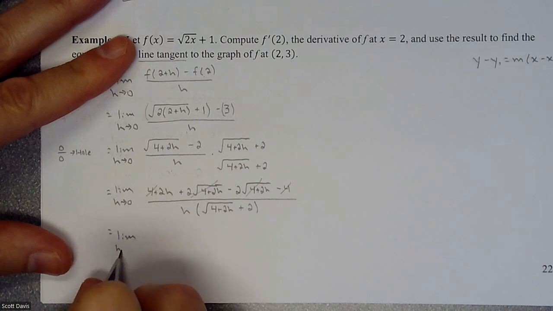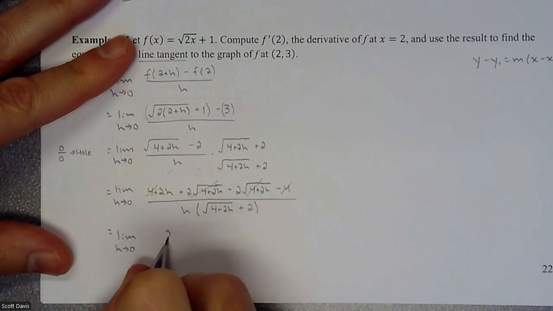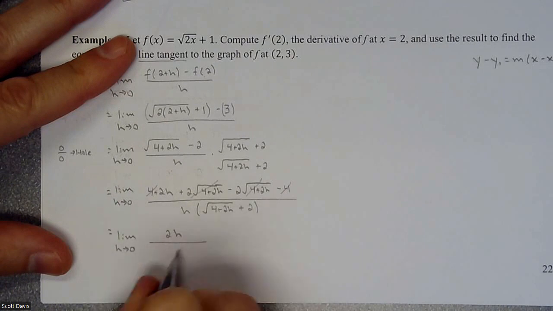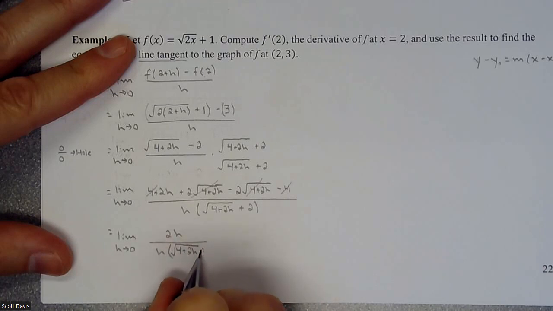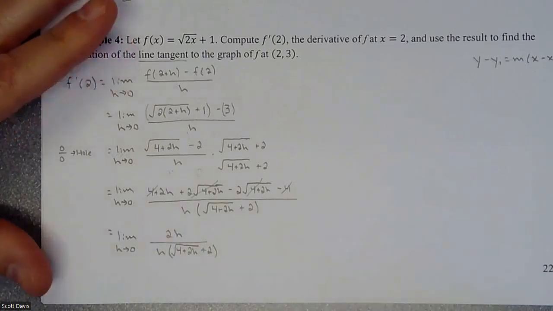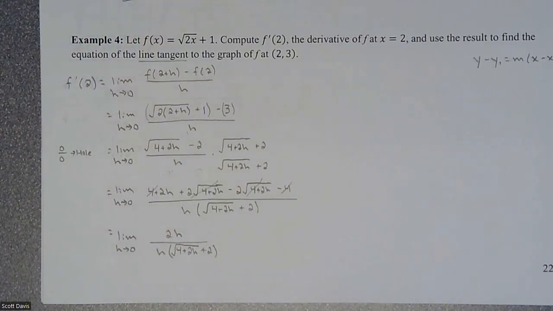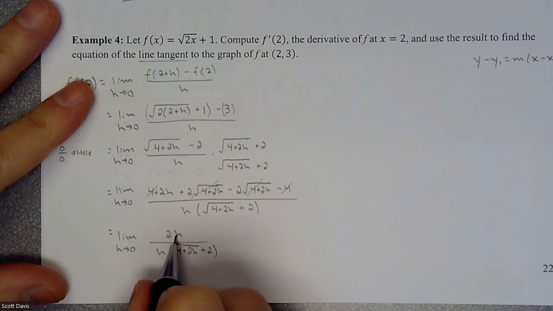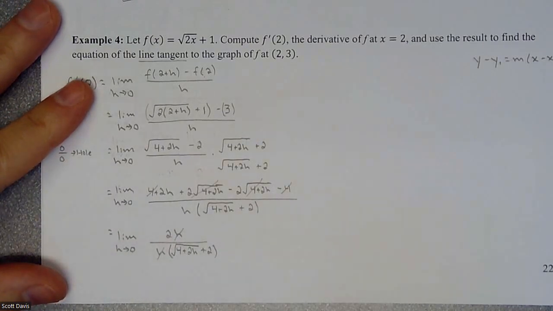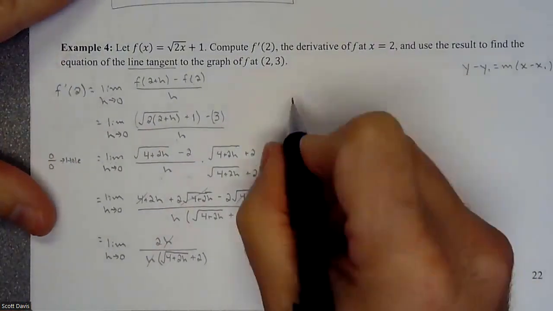So the limit as h approaches 0. We have a 2h over h times the square root of 4 plus 2h, plus a 2 on the outside of the square root. All right. So we haven't really canceled anything top and bottom. So we still have this 0 over 0, but here's where these h's are kind of factored out. They can cancel each other, and now we don't have our limit problem. All right, so we're left with